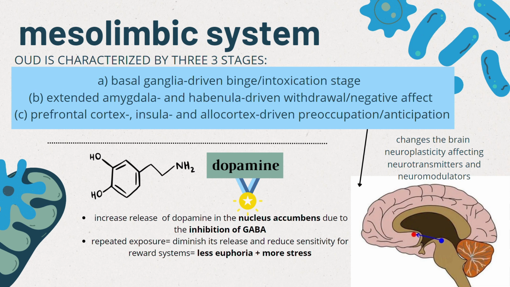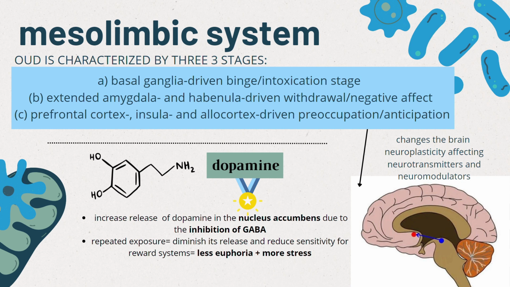Now we are gonna discuss opioid use disorder, which is characterized by three stages, which is going to affect the mesolimbic system, which is in charge of the reward pathways in the brain, as well as changing the neuroplasticity in the brain by modulating the different neurotransmitters and neuromodulators in 18 different systems. For instance, we are going to discuss